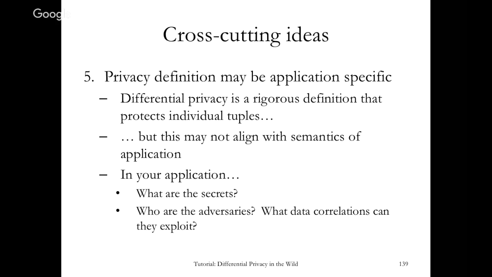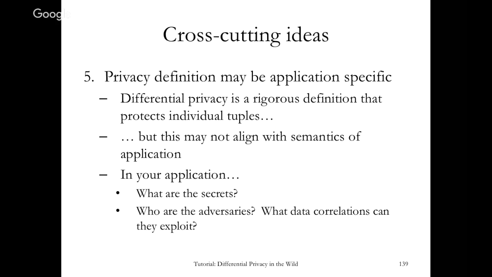So we saw applications where one person's data wasn't easily encapsulated into a single record, right? In trajectory data, one person can contribute multiple data points to a trajectory. With the social network, one person's data, you can think about it as spread across multiple edges in the network. So really, to apply these techniques to your application, you need to think carefully about what are the secrets